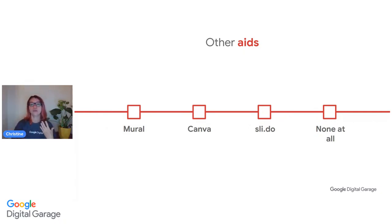Whatever technology you choose to use, bear in mind that it might all go wrong. We've had a couple of instances where the webinar slides have failed. What would we do then? Make sure you've got a backup plan in mind and you've given it a practice. If you can get into the room, then give that a practice. If not, have a really clear idea of exactly what you are going to need for that day